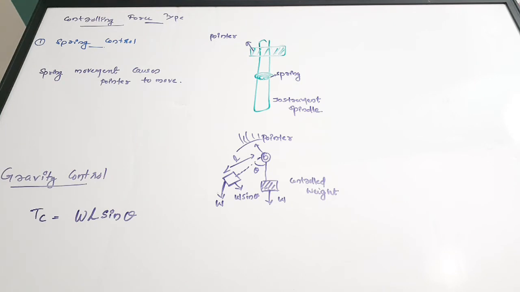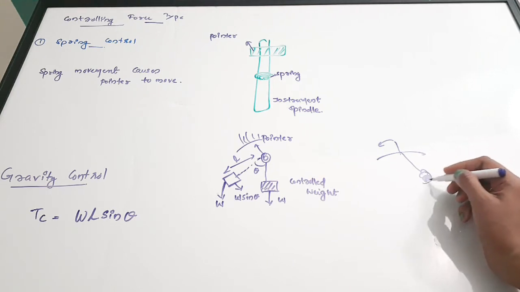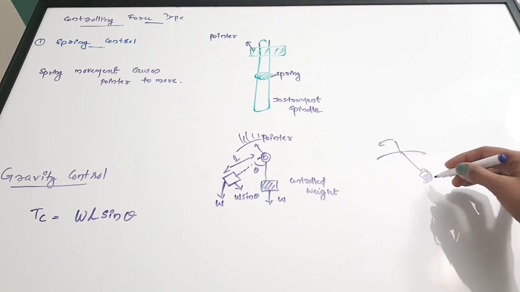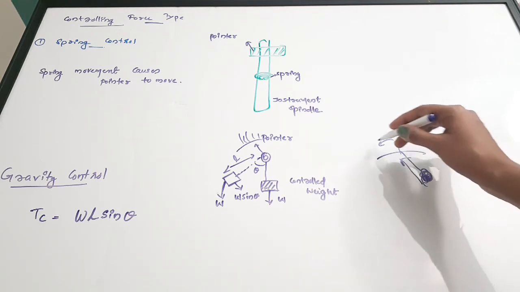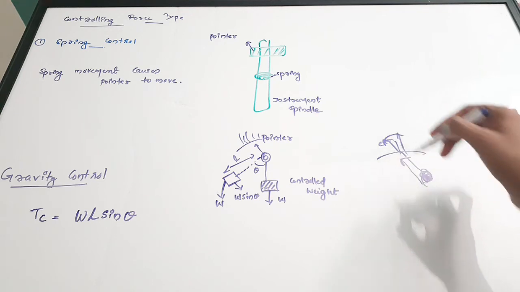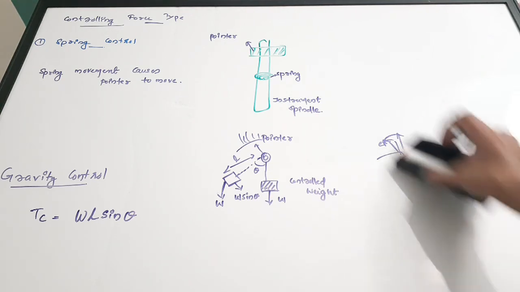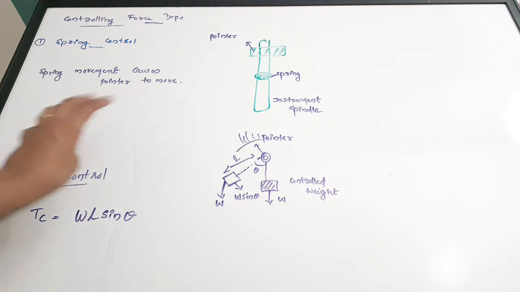Okay, so consider that when the pointer is deflecting, the spring will get tightened up. Okay, so this spring has a tendency to release or unwind. Okay, and it will cause a reflecting force or an opposing force which will cause this pointer to come back to the steady state. So this is the working of a spring control type instrument. Okay, so this spring tightens and unwinds, or tightens and releases, and this causes the pointer to come back, and also while the pointer is moving, the spring is getting tightened up. Okay, so this is happening in a spring control type instrument.